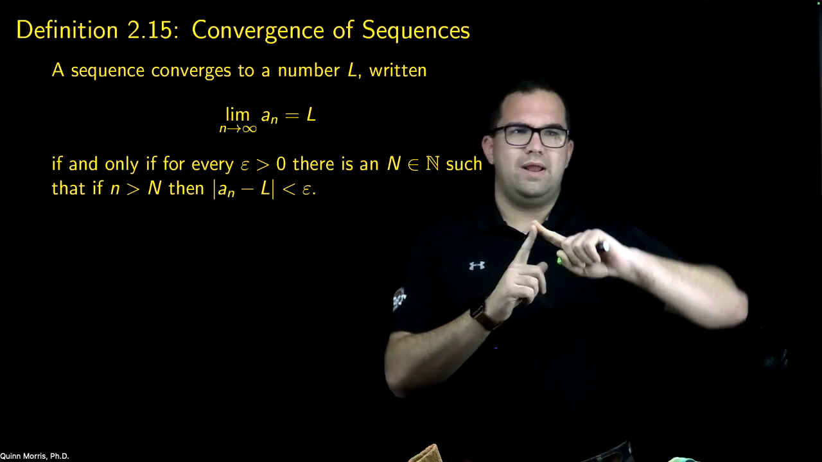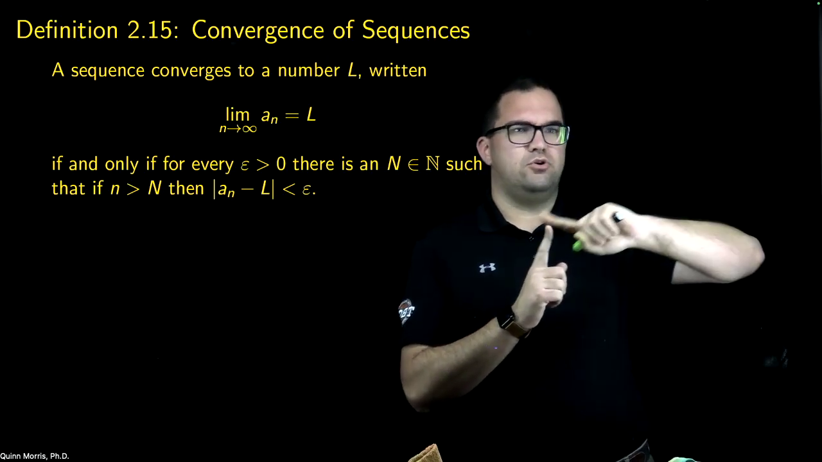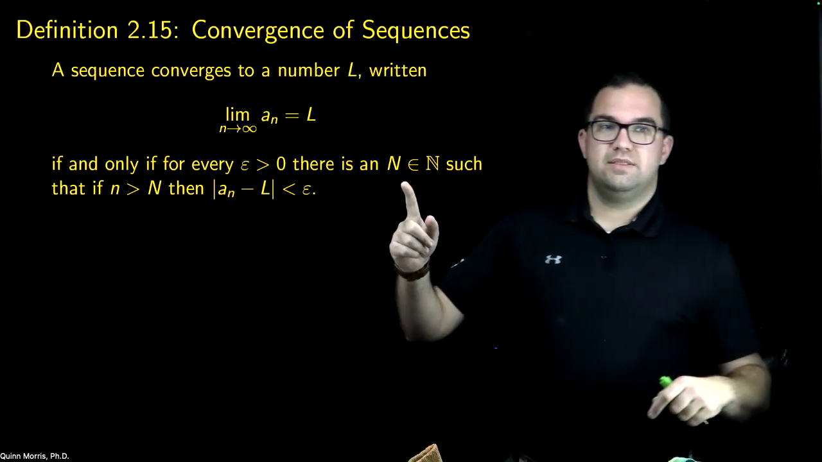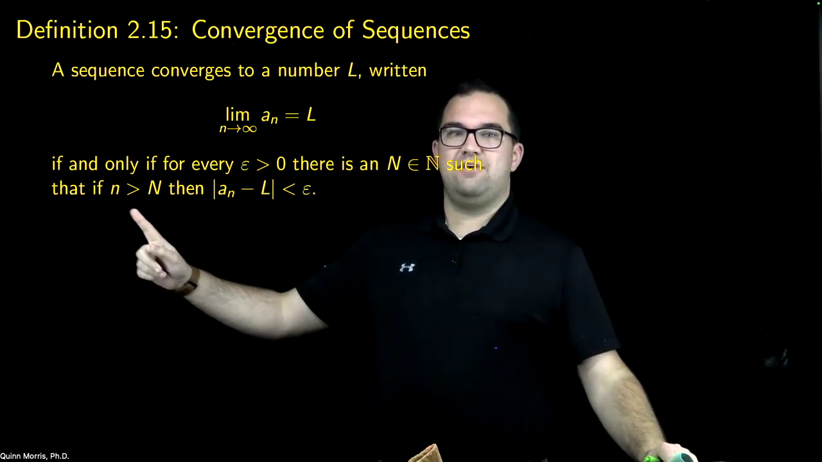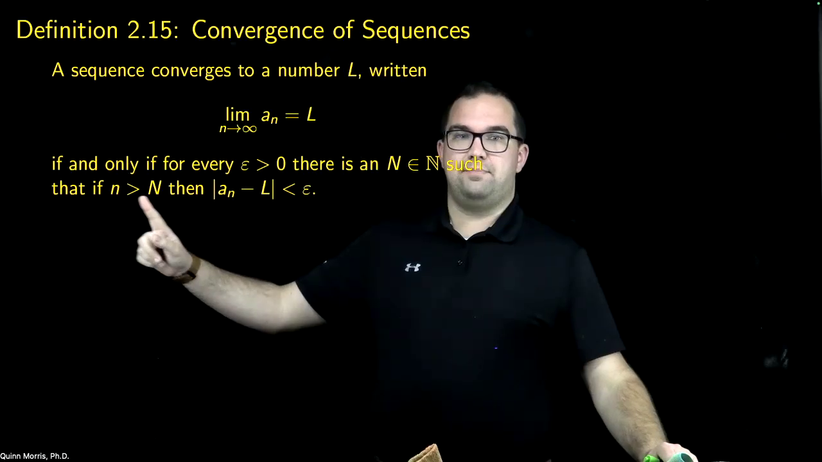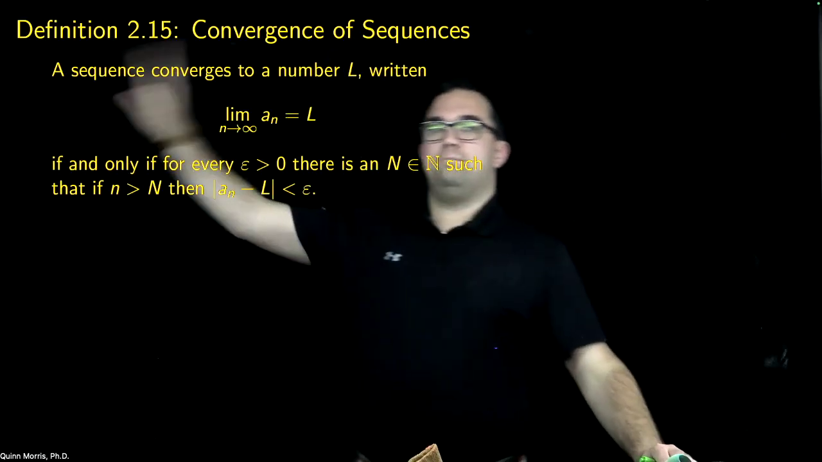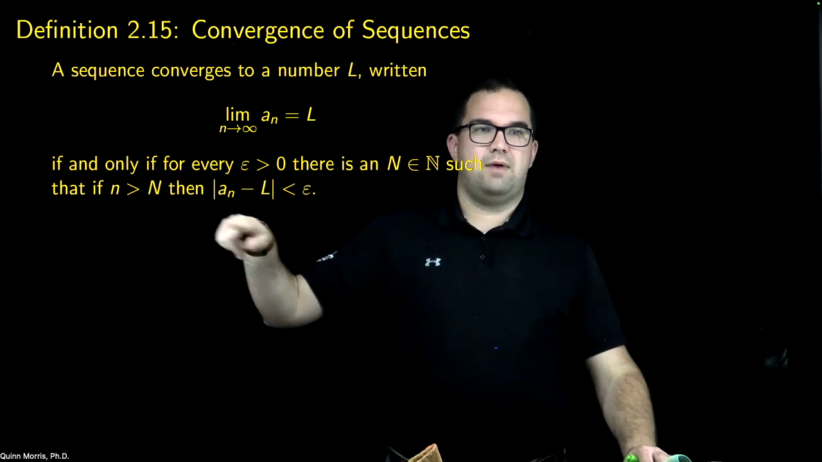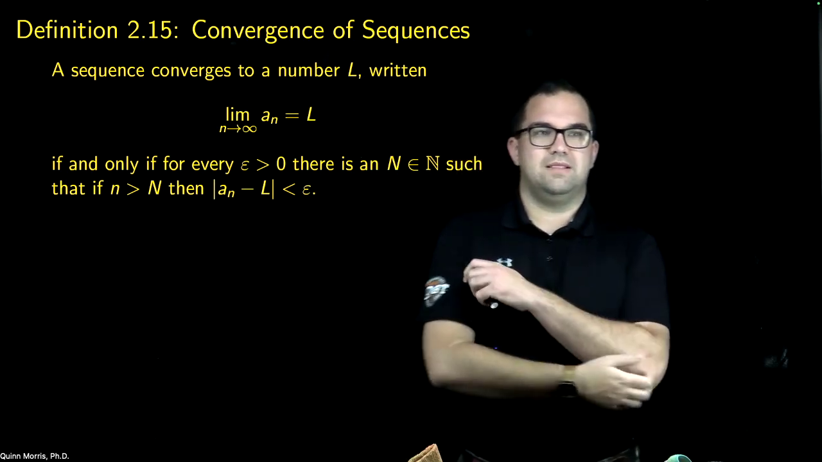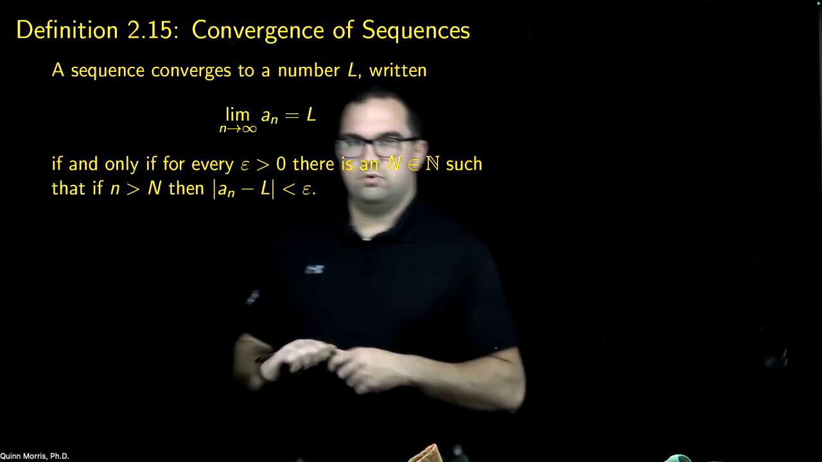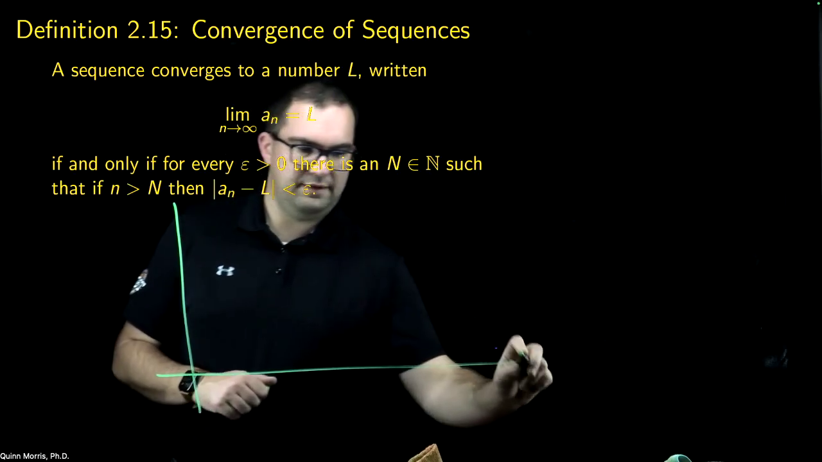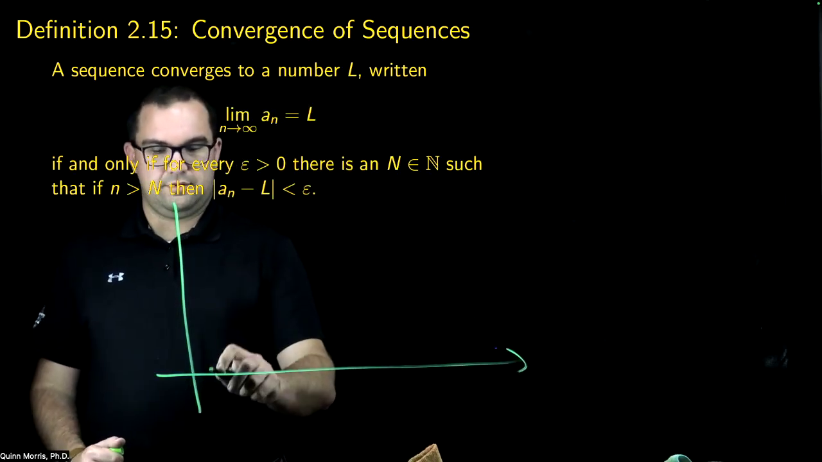Now I want to think about what happens as my values of n get arbitrarily large. So there's a natural number N such that if my little n is greater than capital N, so anytime I go out beyond this capital N in my sequence, then a sub n minus L in absolute value will be less than epsilon. So one way you can think of this definition graphically is, right, we could always plot,